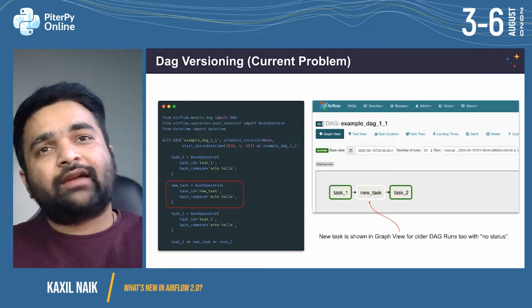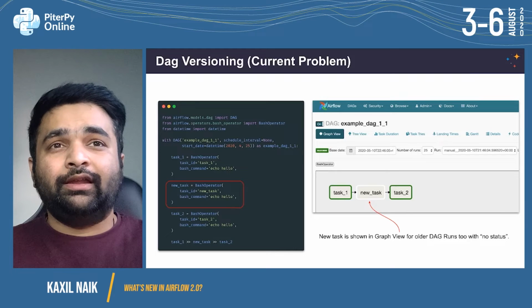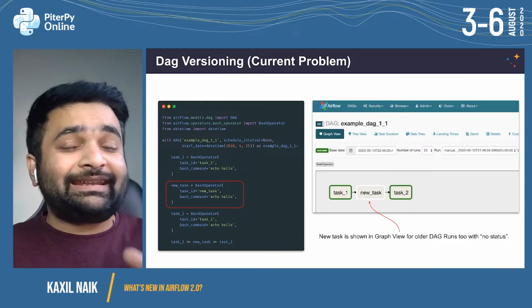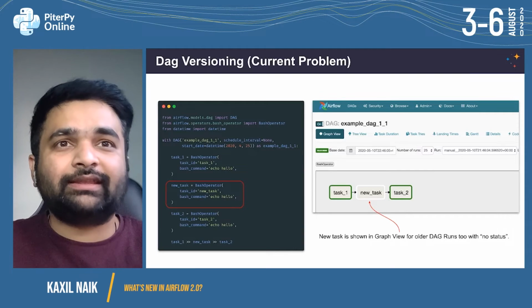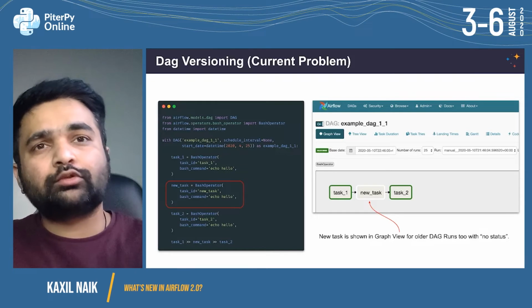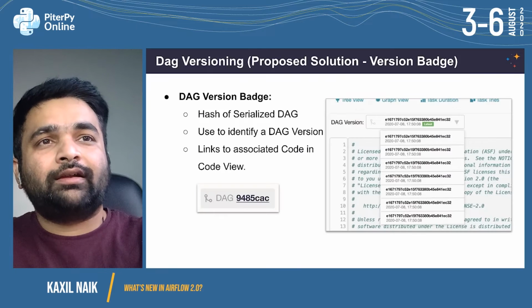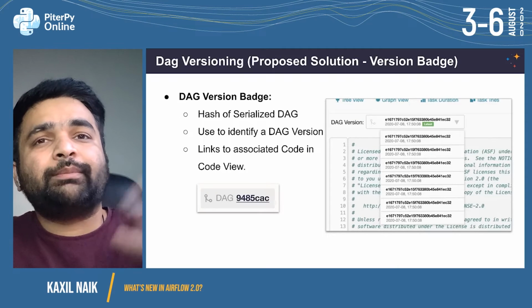incorrectly. The graph view should instead show the DAG structure of the DAG when it ran and not always show the latest DAG version. The current behavior is it would always show the latest version of the DAG. To solve this, we have proposed AIP36 about DAG versioning. We propose that